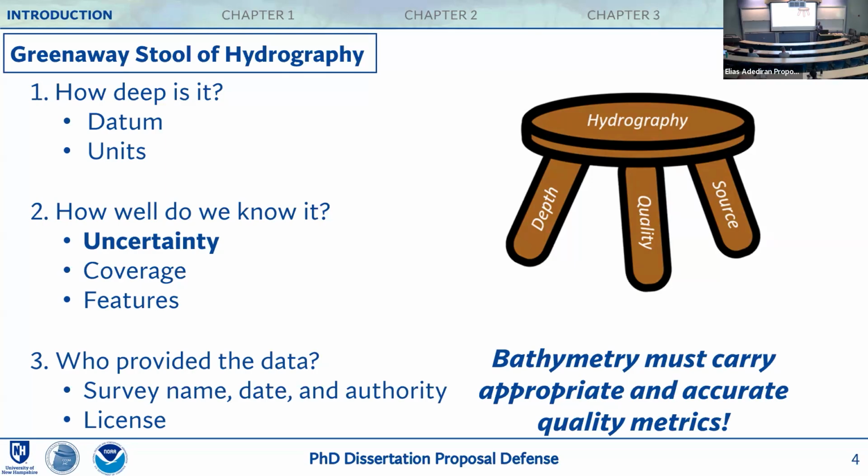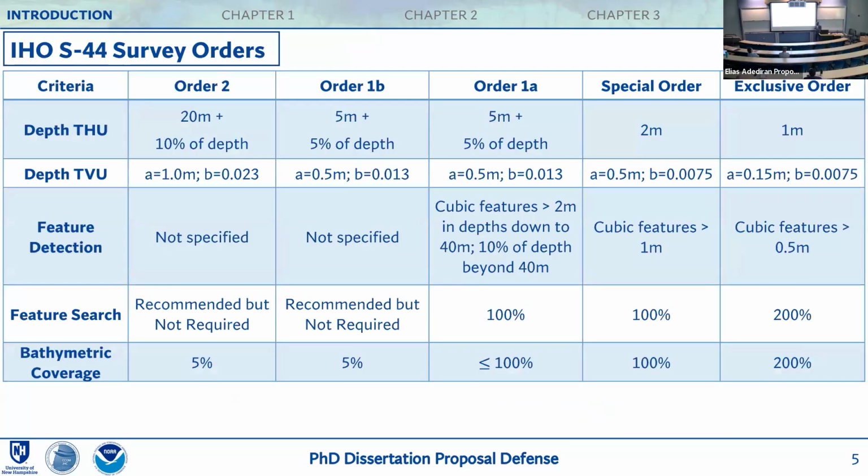These quality metrics are usually defined by the IHO, that is the International Hydrographic Organization. Or these metrics sometimes also are defined by the nations' hydrographic offices. For example, that's the NOAA Office of Coast Survey for the United States. So they are responsible for defining some of these quality metrics. And because of that, I'll briefly review some of the important standards and quality frameworks that are relevant to this work. The first one is the IHO S-44 survey orders, which actually defines the survey requirements in terms of